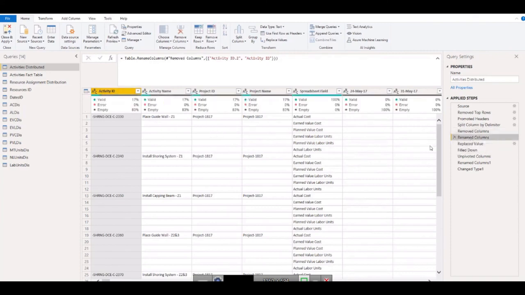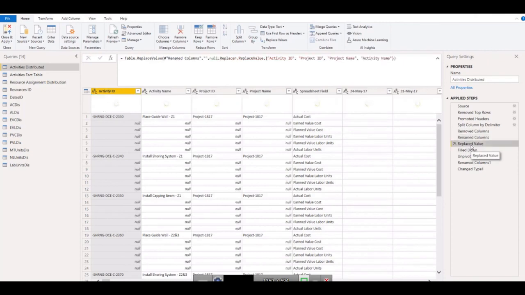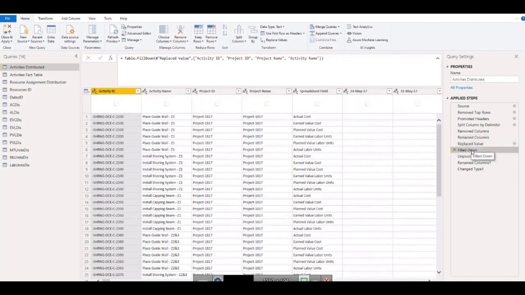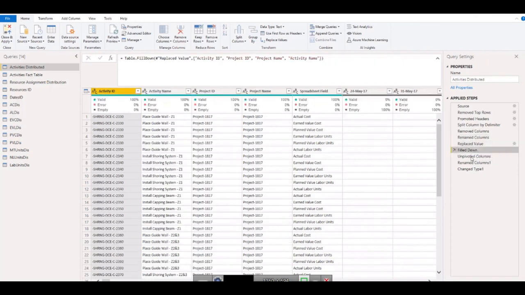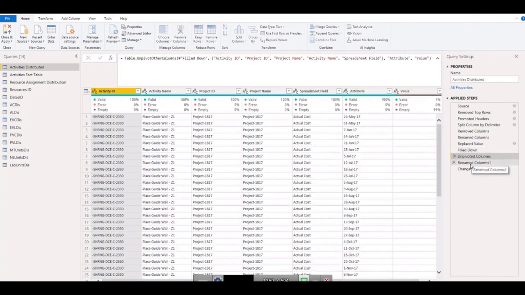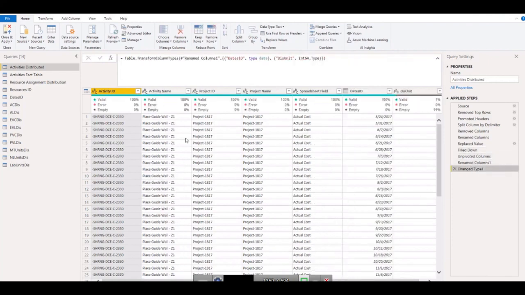Rename, because I renamed the activity ID, replace, done, fill down. Okay, it is done so far. So before unpivot, after unpivot I will do that. Here the last thing. In the last thing, I'm going to merge the activity ID and the project ID and merge them